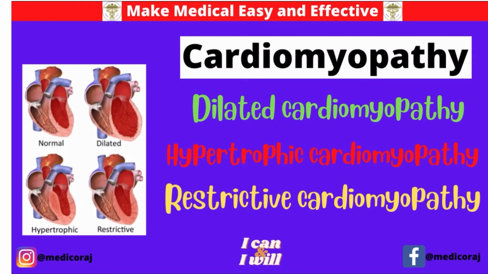I will also discuss the investigations, like what you will see in the ECG, echo and chest x-ray. Sometimes you will see a banana-like cavity, sometimes non-specific T wave changes, and also a decrease in the ejection fraction. I will discuss in detail the investigations like ECG, echo, chest x-ray and catheterization.